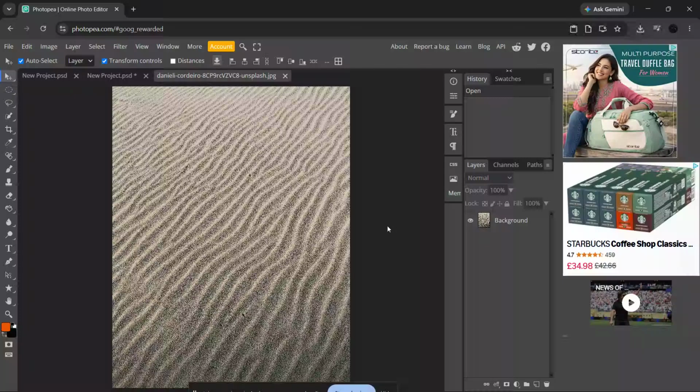Today, I'm going to show you how to make a normal map in Photopea in just a few easy steps. If you work with 3D models, game textures, or digital art, normal maps are a super useful way to add surface detail without increasing geometry. The best part is that Photopea can do this right in your browser, so you do not need expensive software